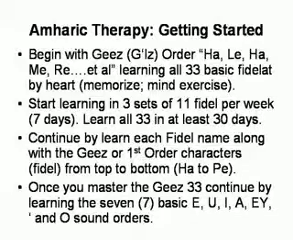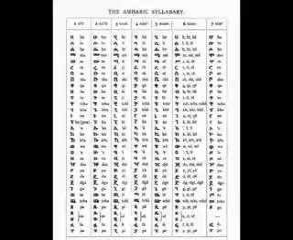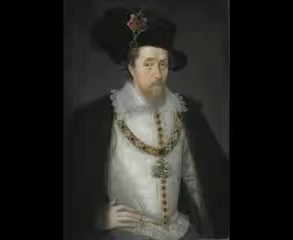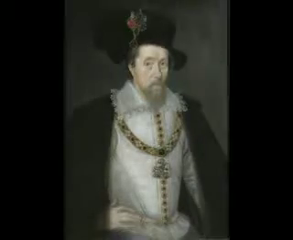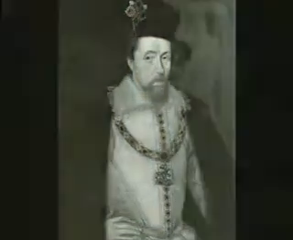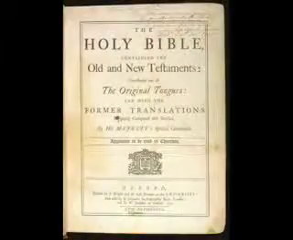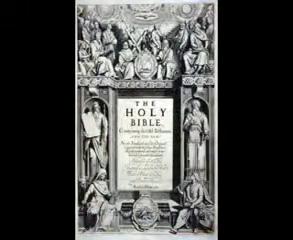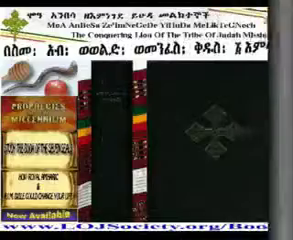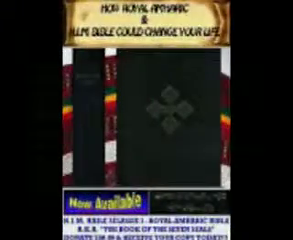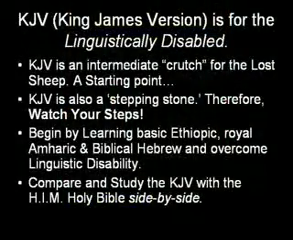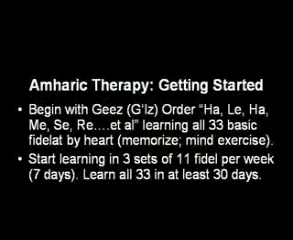But with the King James Version of the Bible, we have to compare and study the King James Version with His Imperial Majesty's Holy Bible side by side. This means the King James Version of the Bible. Obtain a copy of His Imperial Majesty's Metsehaf Kidus. Begin by learning the basic Ethiopic from Ha to Pe first, and then after Ha to Pe has been